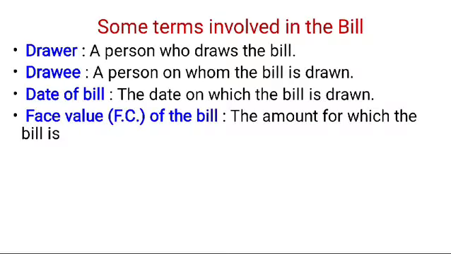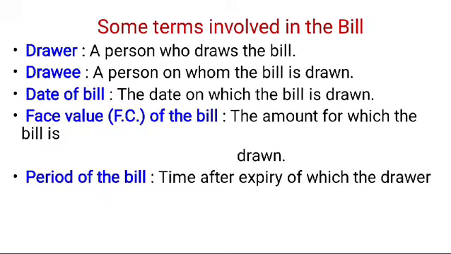Then the next one we already saw. Face value FV of the bill means the amount for which this bill is drawn, which is also known as sum due. Then the period of a bill means what? The time the drawer gives us, how much time the drawer gives to the drawee. That time period, that time slot, is called the period of